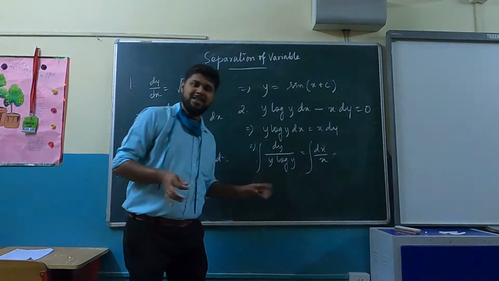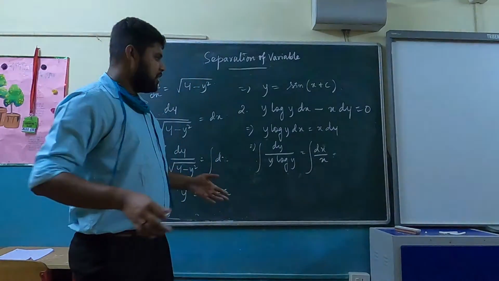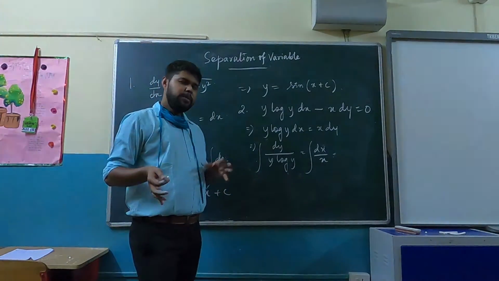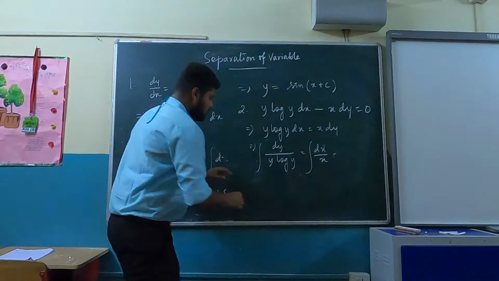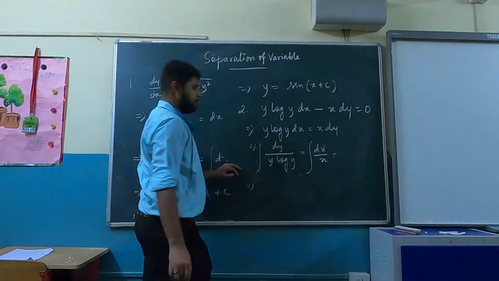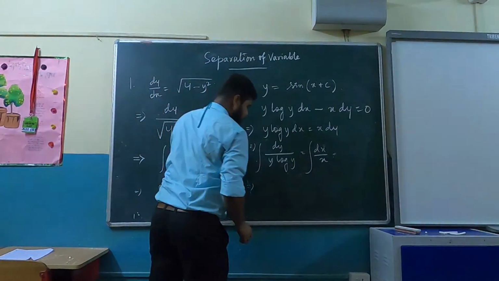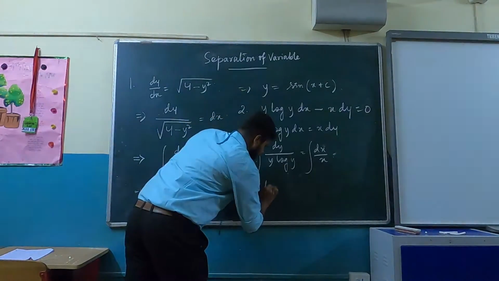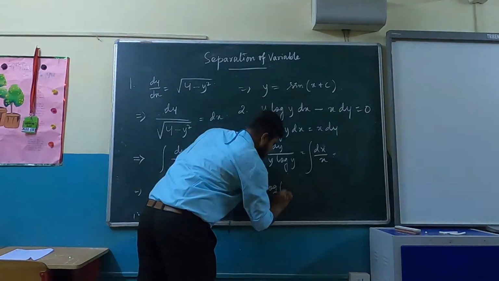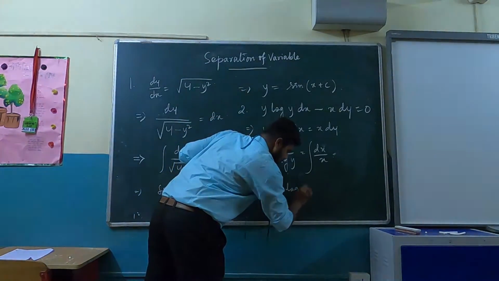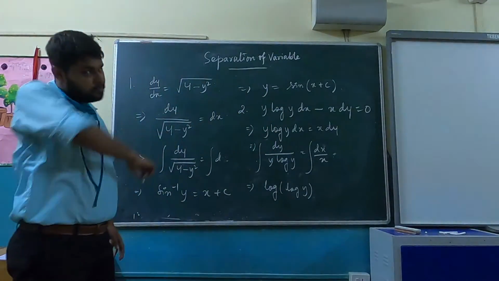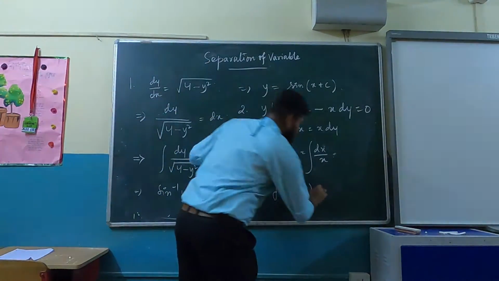If it is an easy step, you need not show the step. But if the substitution is a little bit complicated, then you can show. So therefore, this becomes log of log y, right, is equal to